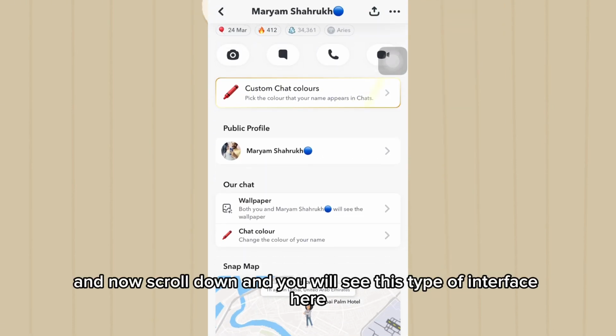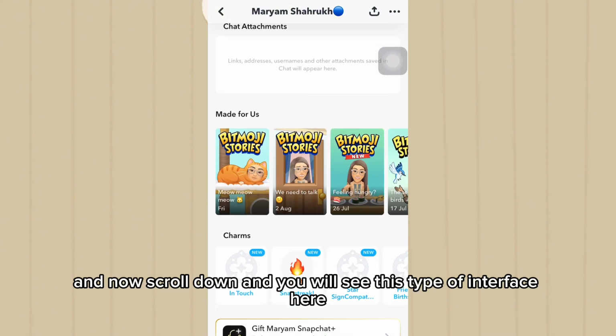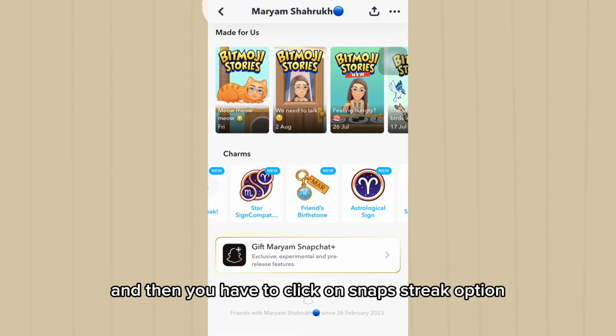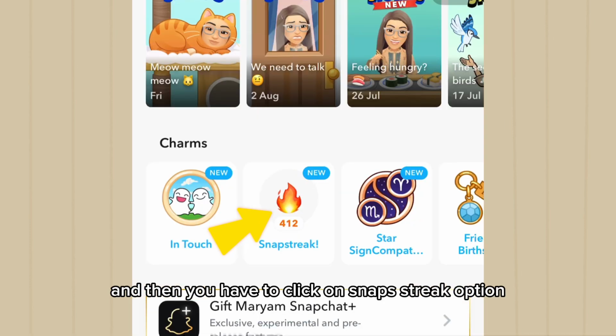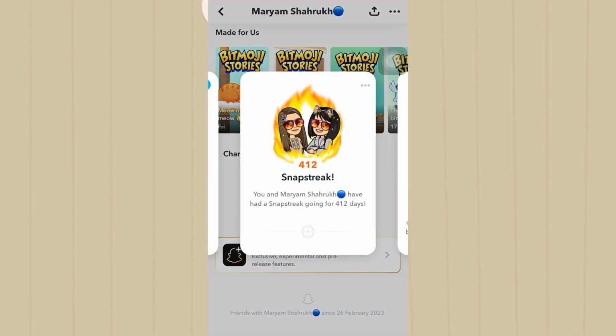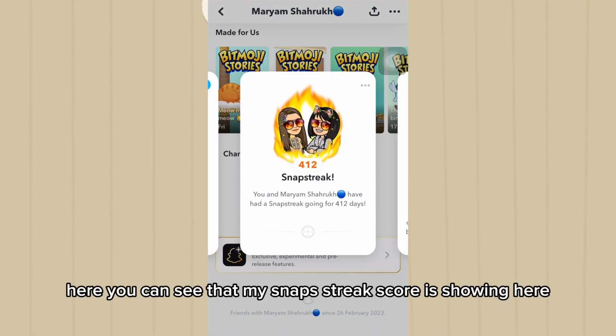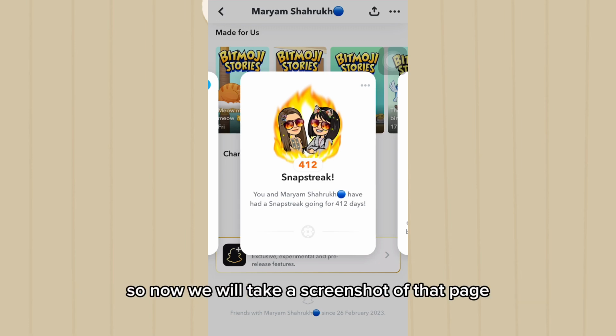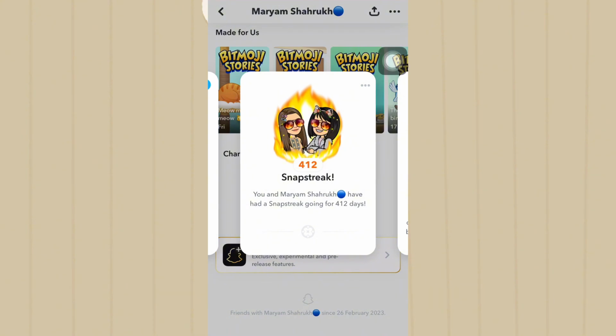and now scroll down and you will see this type of interface here, and then you have to click on the Snapstreak option, which is the second option there. Here you can see that my Snapstreak score is showing here, and this is what you want. So now we will take a screenshot of that page,